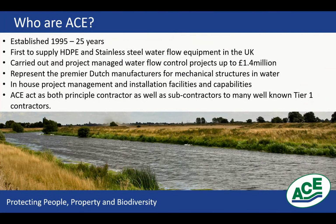Quickly to run through who ACE are. We were established in 1995, so we've been in operation for 25 years now. We've been in the game controlling water and helping fish migrations for a long time. We're a very innovative company. We were the first in the UK to offer HDP and stainless steel water flow equipment. That's really where we started. But we've grown since then to also offer various fish passage solutions and other products and services, many of which are based on very innovative